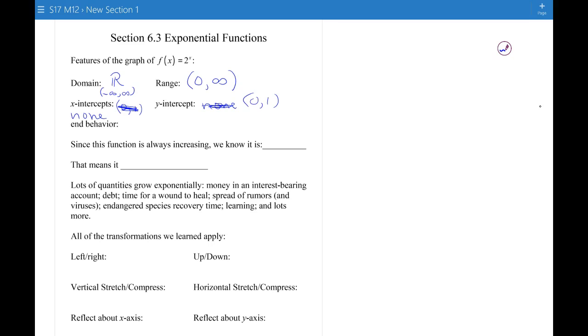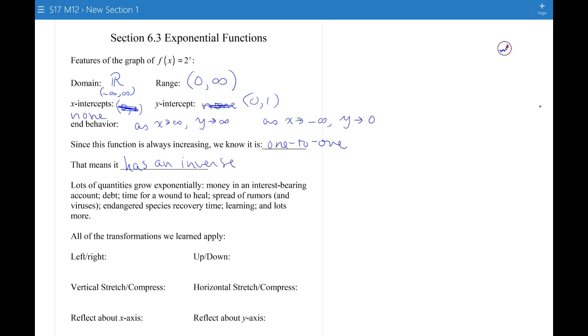The end behavior is as x goes to infinity, y goes to infinity, and as x goes to negative infinity, y gets closer and closer to 0. Since this function is always increasing, we know it is 1 to 1 from the previous section. So that means it has an inverse. Okay, so that's what we get from looking at the graph and what we talked about before with